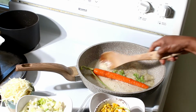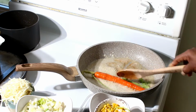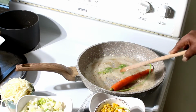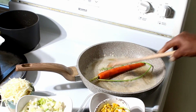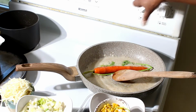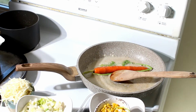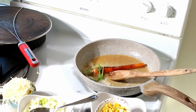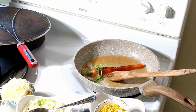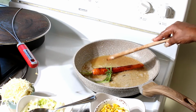Okay, until it starts getting brown. Okay. And we're still on medium heat. Okay, we don't want it to burn either. So let's go in. Okay, guys, so we finally decided to turn the heat down to low heat, and so